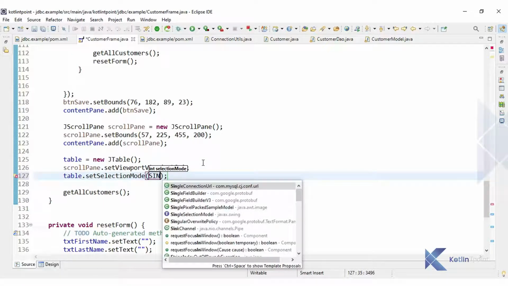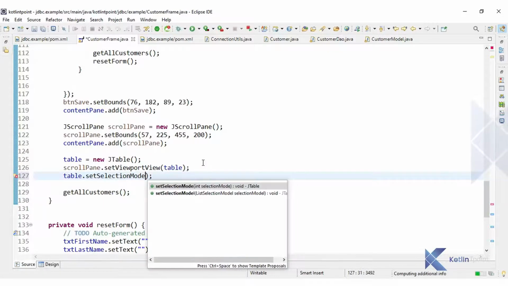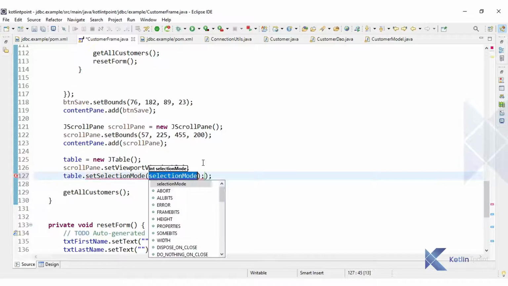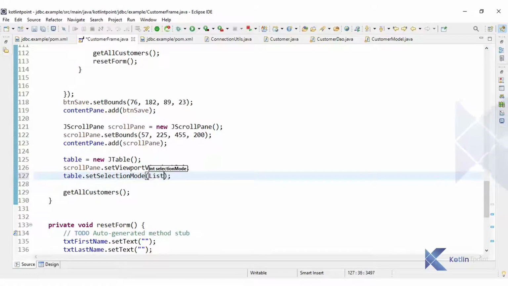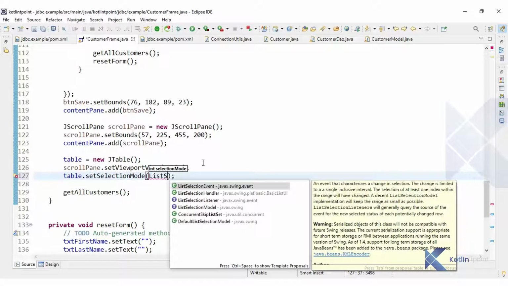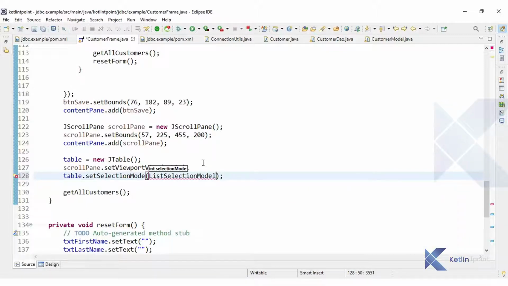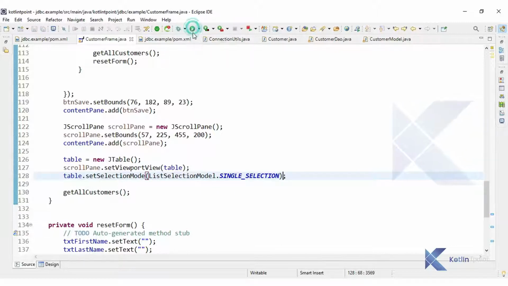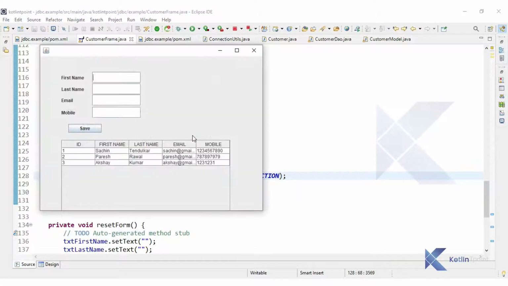So the constant you can get here, list selection model dot single selection, right? So this will allow to select only single row. Okay, let me test. So you can see if I try to select multiple rows by control selecting, it is not allowing, it is allowing only a single row.